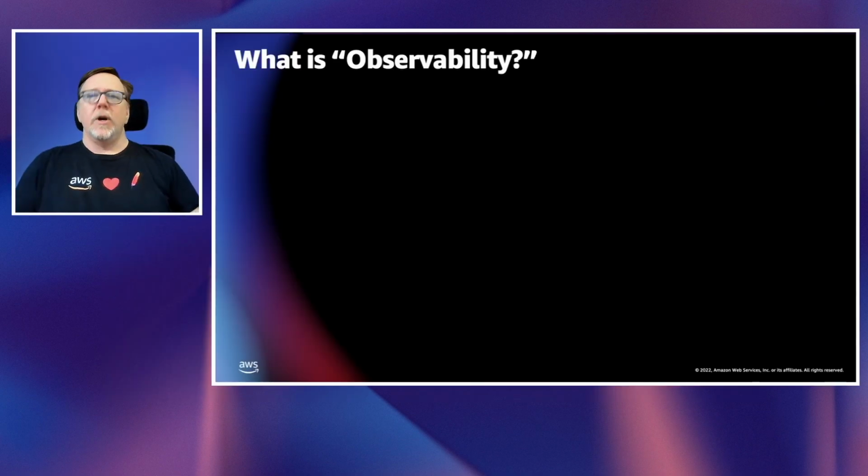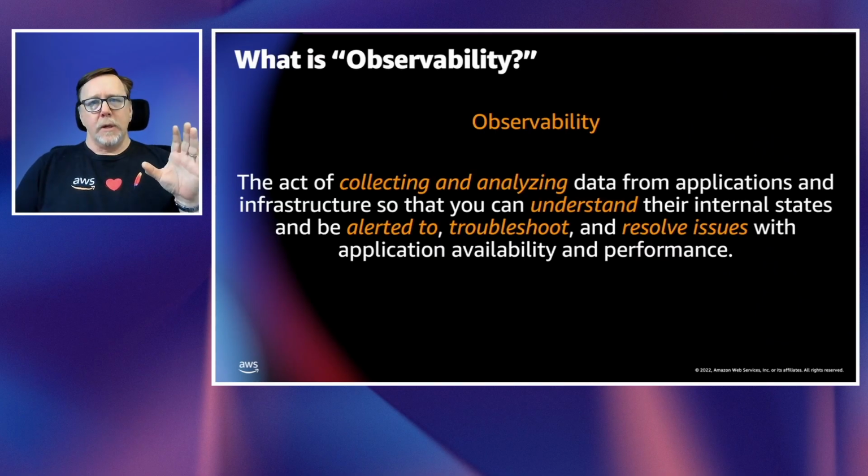Today, we're going to talk about reliability and uptime and how to build observability with various solutions. So let's start out by talking about what is observability. Observability is collecting and analyzing data from applications so you can understand what the issues are, get alerts for those issues, troubleshoot those issues, and resolve those issues. Observability really refers to the collection of instrumentation and other metric data around your application that enables you to solve these issues.